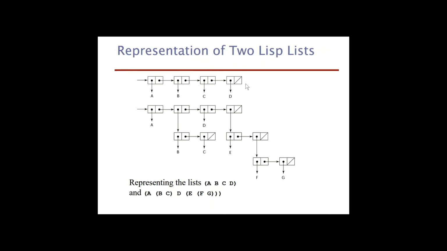Now for Lisp, we could store two data atoms like this A. It will just point to the data itself, or another list. It will point to the beginning of the list or whatever it is in the list. Then there will be a new linked list for that list itself. So this is the beginning of another list, B, then we have C. How do I know? Look at this. This is presented like this, just a list of A, B, C, D.